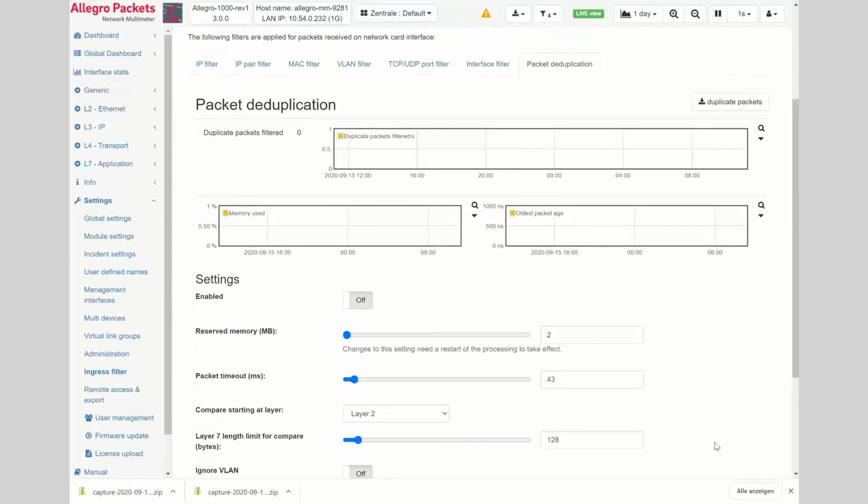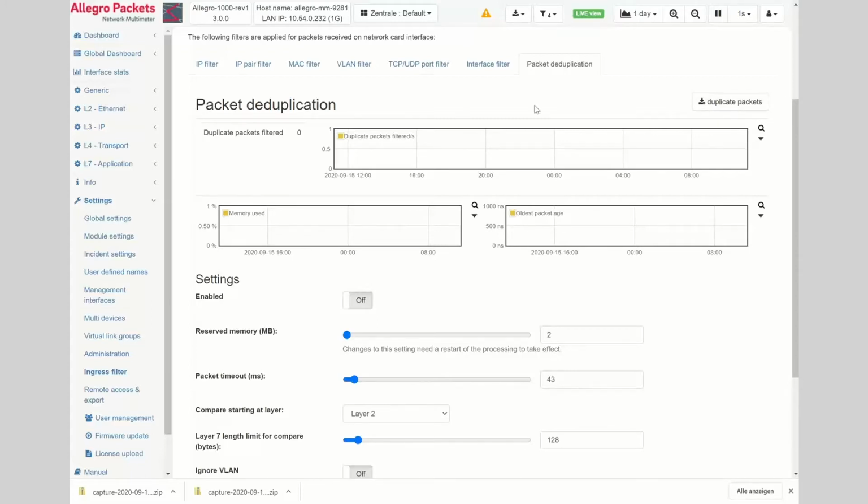What we also added, and that was very good for us for troubleshooting and debugging, is a capture button for duplicate packets. This is a special code path for us because usually duplicate packets are discarded and ignored. So they are not in the ring buffer. They are not in the processing. So you don't see them in any statistics because they're discarded. So we developed a way that you can store in real time or get the PCAP download of the deduplicated packets, so of the discarded packets. This helps you easily to see if the deduplication is working.